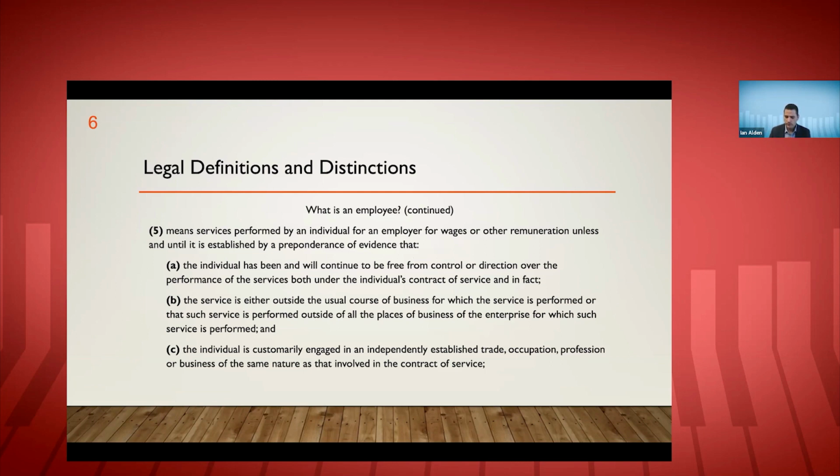I should mention we're going to be covering three or four different tests. A common question that I get is, well, which test do I need to satisfy? Which test matters to me? And people don't like the answer I give them, because the answer is really all of them. It doesn't help you, let's say you want to have an independent contractor, if you pass the IRS's test for independent contractor relationship, but fail the DOL's test or the Department of Workforce Solutions test.